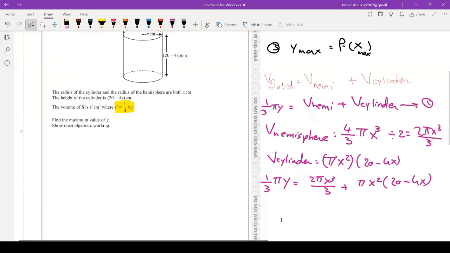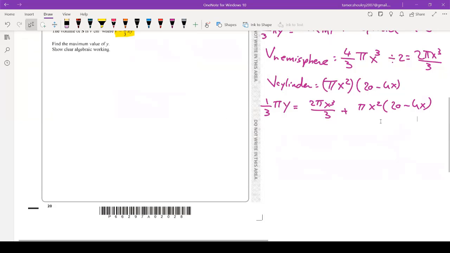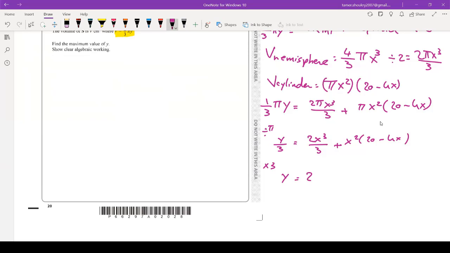Now we need to simplify this expression. First step, we divide by pi in order to remove pi from the left-hand side and the right-hand side of the equation. So we get y over 3 equal to 2x cubed over 3 plus x squared multiplied by 20 minus 4x. Now, in order to get rid of the 3, we multiply by 3 both sides of the equation. So we get y equal to 2x cubed plus 3x squared